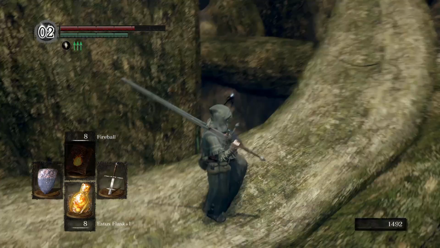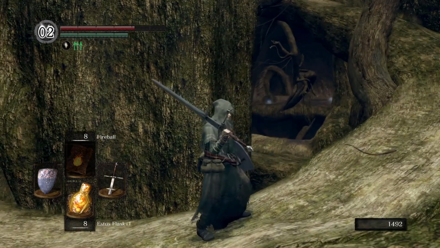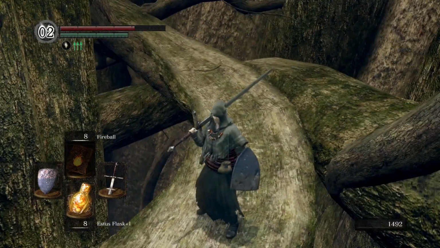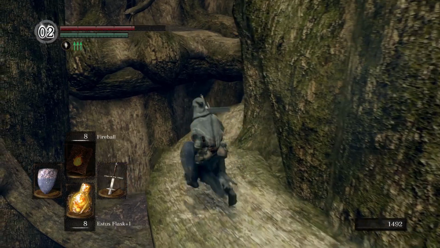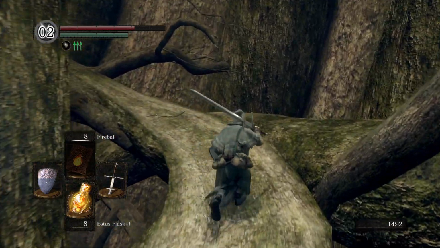And there's also lots of twinkling titanite lizards. You can see some of them over there. They're a bit finicky to get to. But for now, we're just gonna go out. So I went out here, and